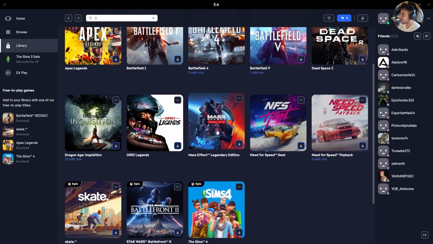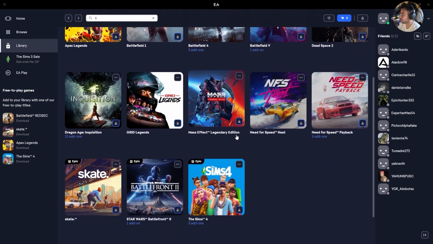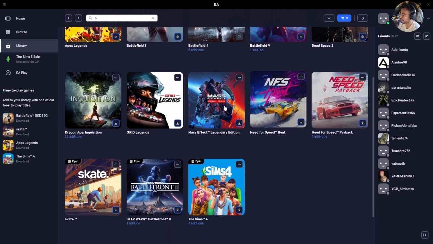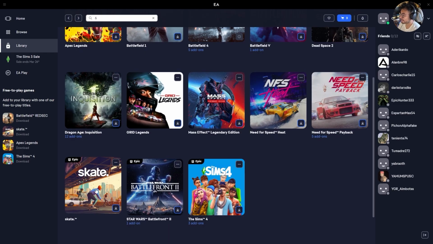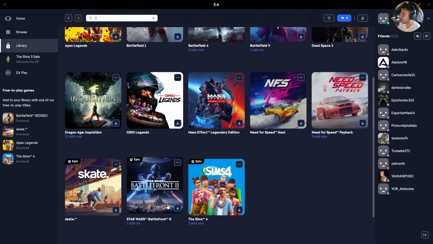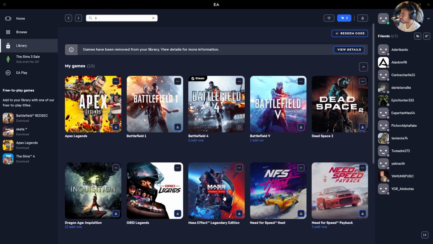I have Dead Space 2. I have this one, Mass Effect. I have 2 Need for Speed games. I have this one. I have a Dragon Age, Inquisition, which is also free. I have a Battlefront. I have this one that's also free, and if you notice, we have the option to